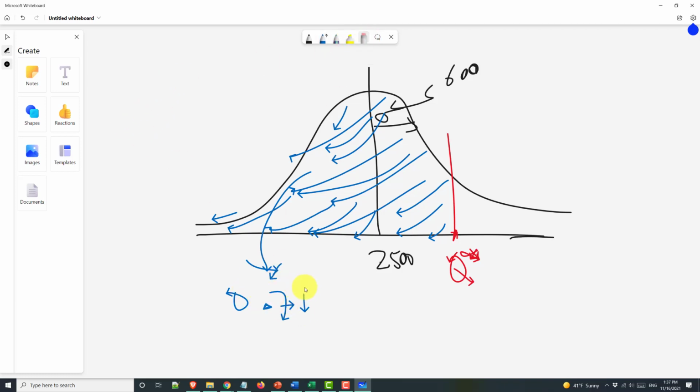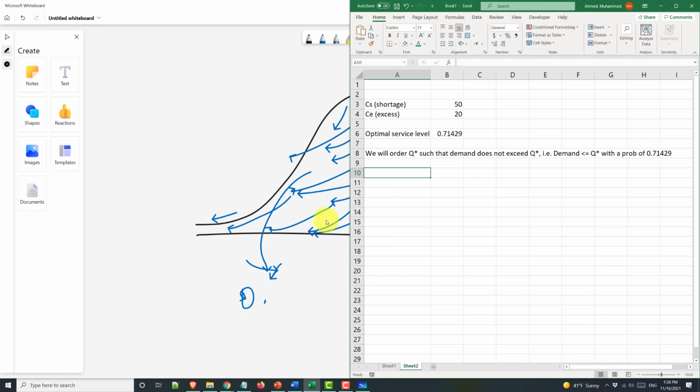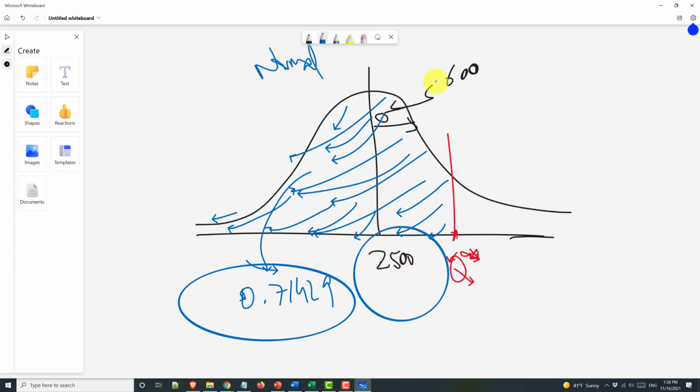Why did I draw those arrows? Let me see if I can erase this. Okay, so 0.71. No arrow. Okay, so that's going to be your ratio, 0.71429. Okay, so given we know the probability distribution is normal, and we know the mean and the standard deviation,